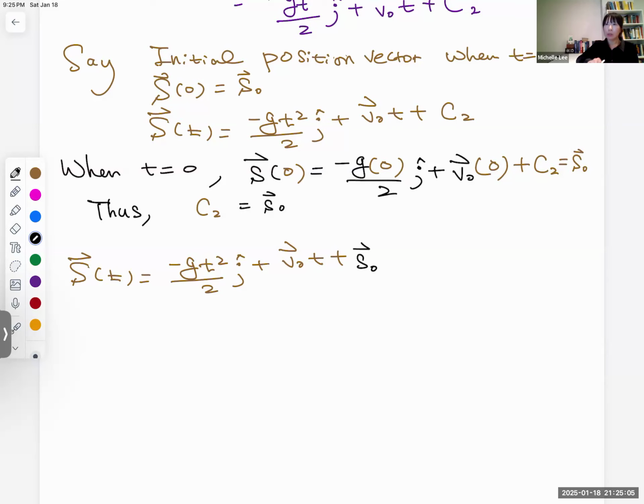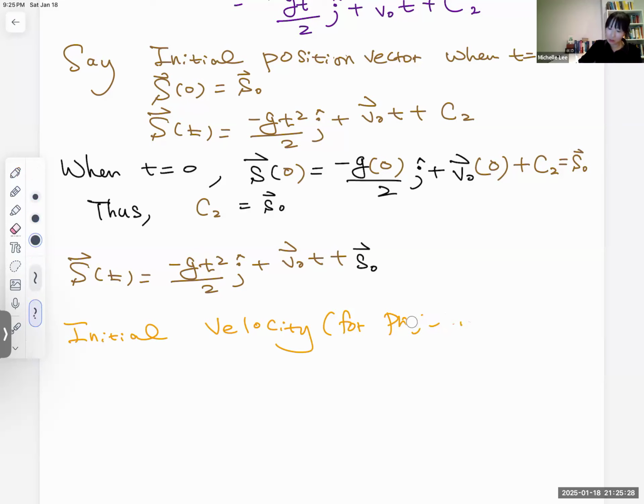Okay, so let me write down the initial velocity for projectile, not the projection. Projectile motion